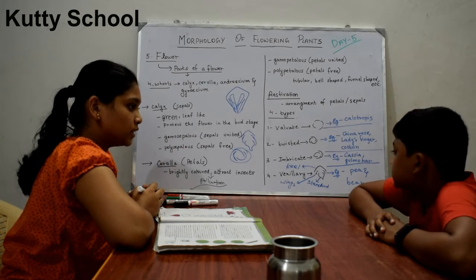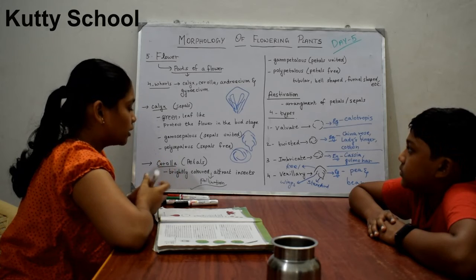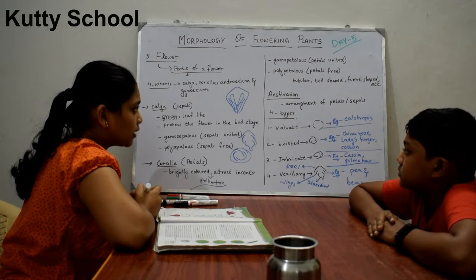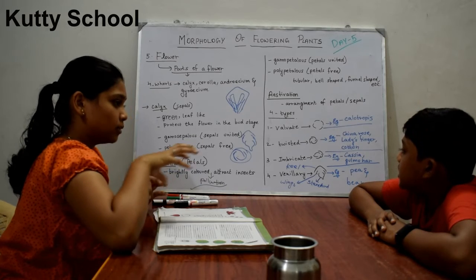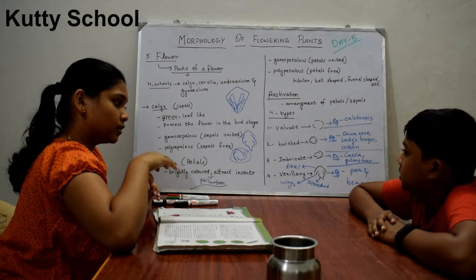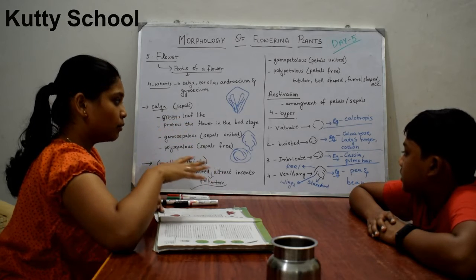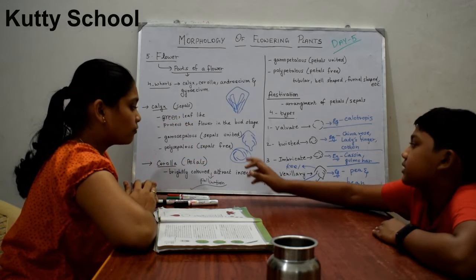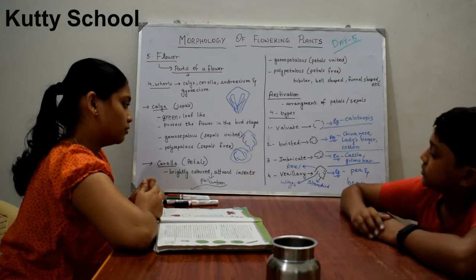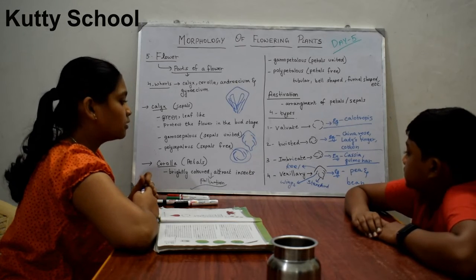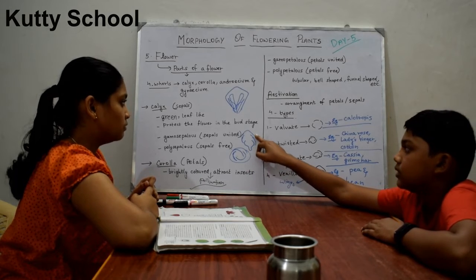Pea you have generally seen, right? So pea and bean flowers, if you get a chance, see those flowers, it will look like this. So four kinds of estivation we have studied. Valvate, which are separate. Twisted, which are twisted like structure, one inside and one outside. Imbricate, these have no specialized structure, any arrangement it can have. Vexillary estivation, which has standard, wings and keel. This is standard, this is wings, this is keel.